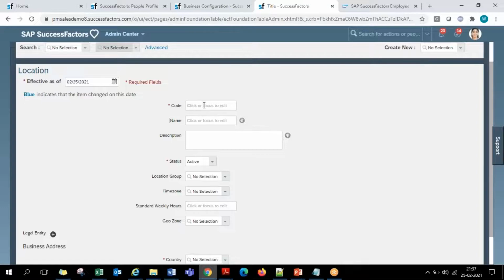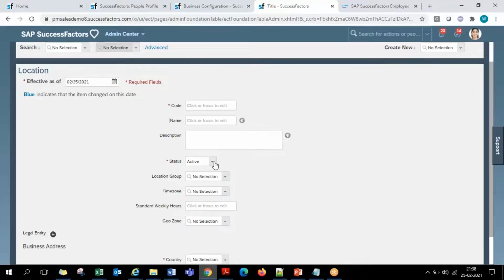For every location we can give a unique code identifier. The way every employee has an employee number, every location, every department, everything should have a code defined in the system. It can be alphabetic, alphanumeric, or only numeric, anything that you can give. And here is the text, the name of the location, and a description if you want to write free text.